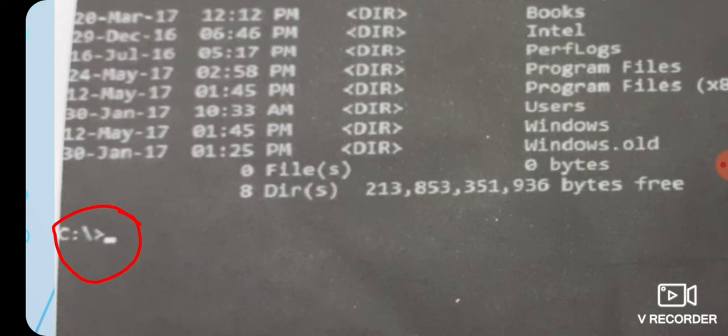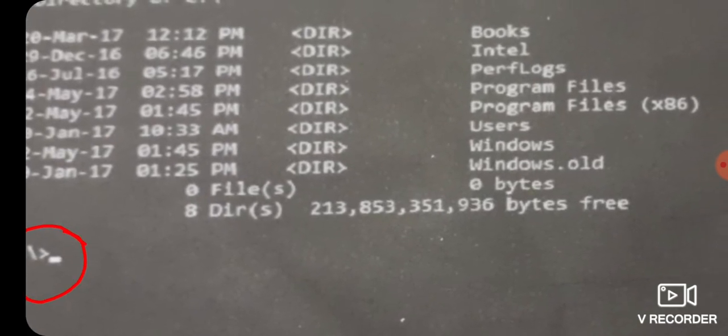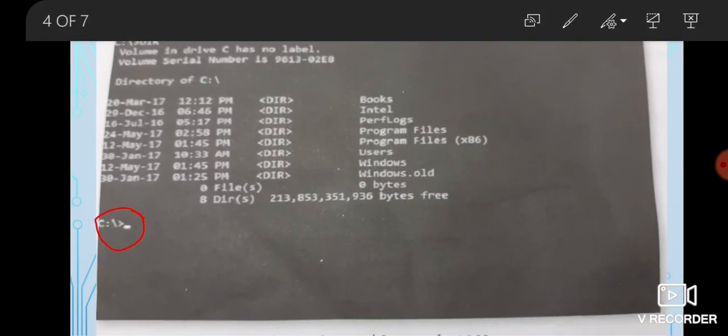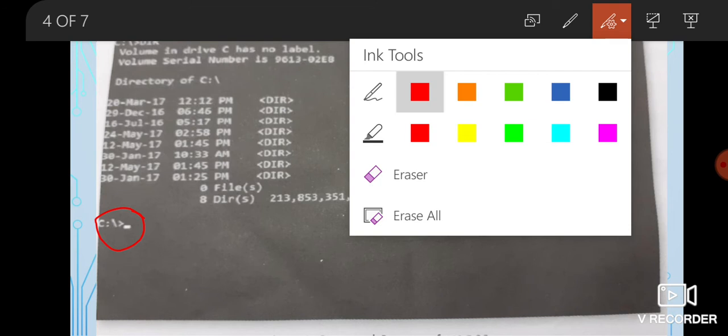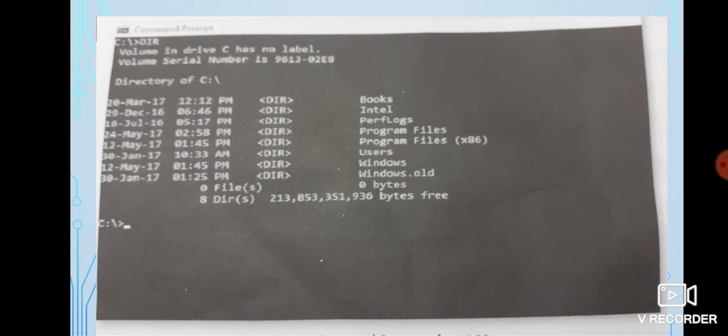The command is executed. A command prompt is a combination of text and symbols, and it is used to notify the user that the command line interface is ready to accept commands. Okay, students, you see the command prompt in the display.